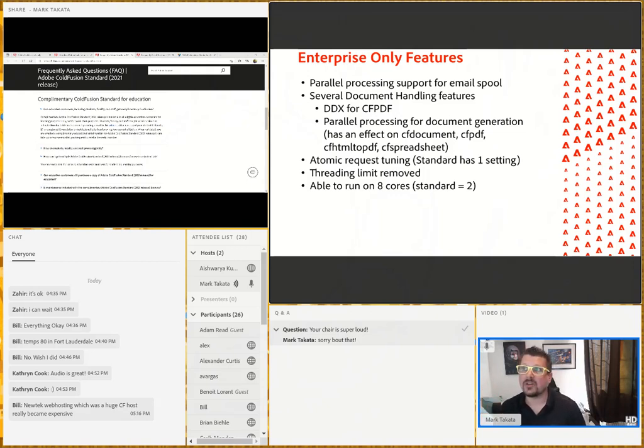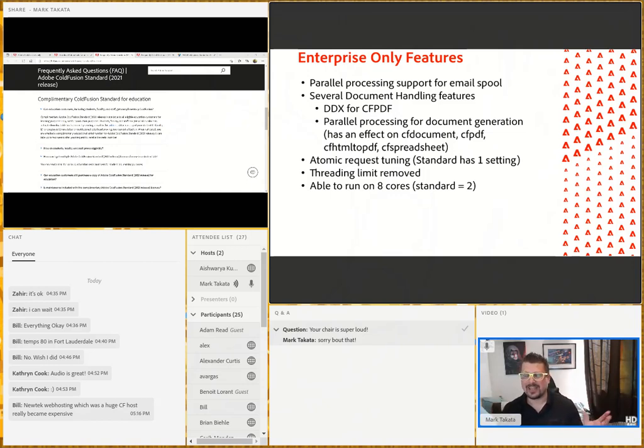Again, parallelization for processing for document generation. If you are generating documents, and by the way, this includes pretty much anything that's being output, so PDFs, if you're generating or converting PDFs, or spreadsheets, saving out to XLS or anything like that, any type of thing where you're actually generating a document that ends up getting sent either to a server or out to the user, either case, Enterprise allows you to do that in as many threads as you need to handle them, and we do allow you to tune that if you want,